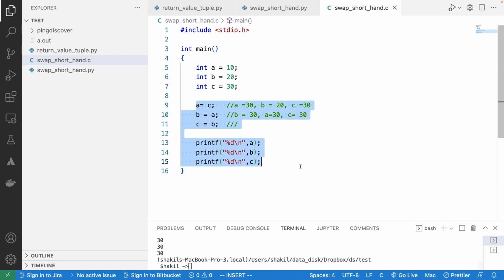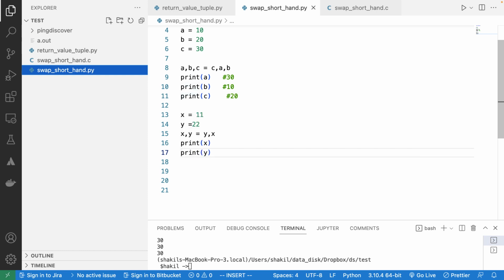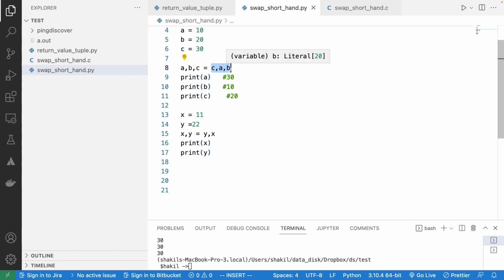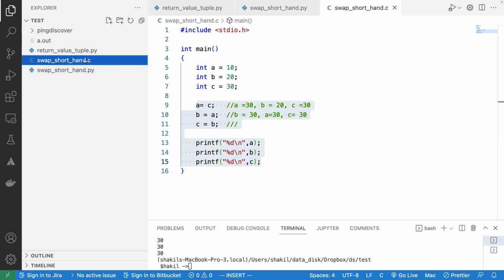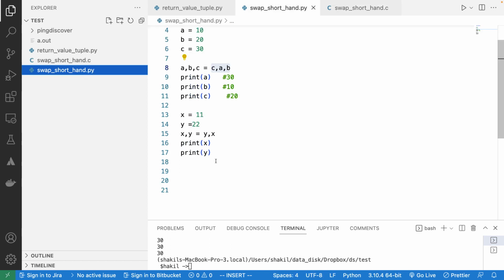So this is the difference between Python and C type of language. In Python, it looks as if the values of these variables have been stored in memory and used from memory, rather than whatever is being changed at runtime. But in C, whatever is changed at runtime will be treated as it is. So in Python we don't need to use a temporary variable for swapping, but for a C kind of language